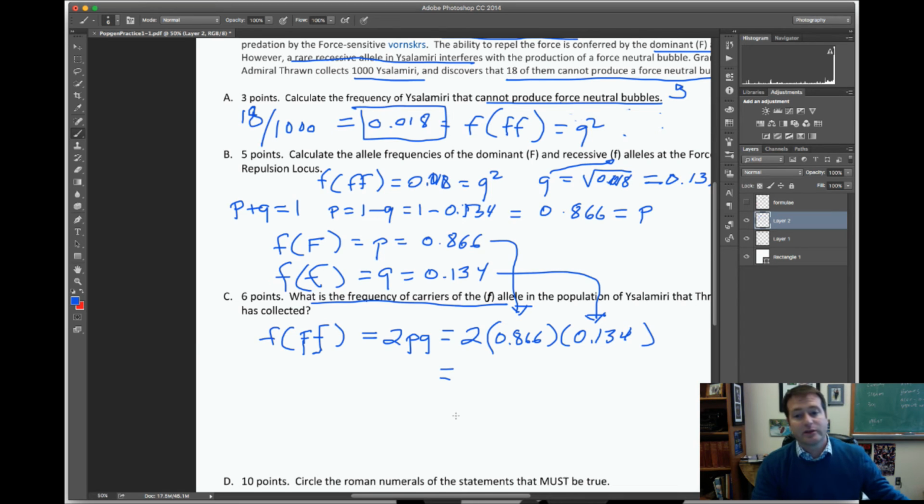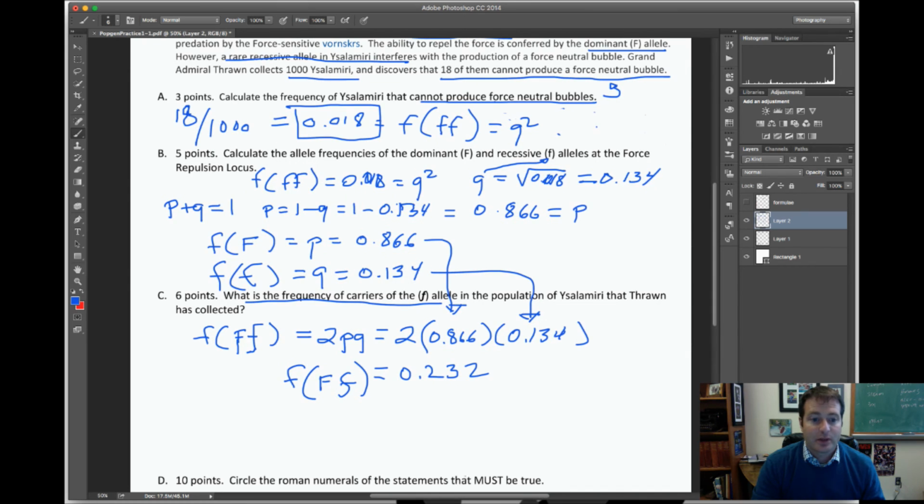So that is equal to, and again we'll do the math just to be sure of ourselves, 2 times 0.866 times 0.134 equals 0.232. All right, the frequency of heterozygous carriers in the population. Done. Okay, let's center this up a little bit. Now,